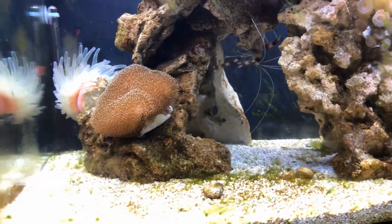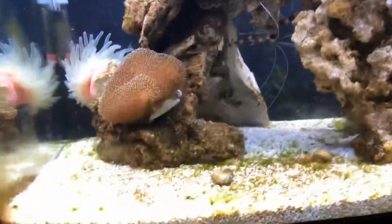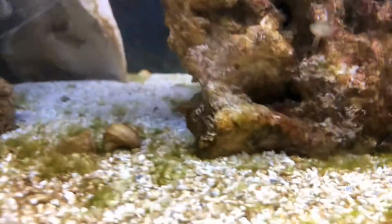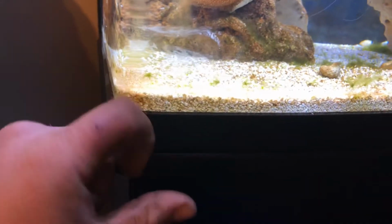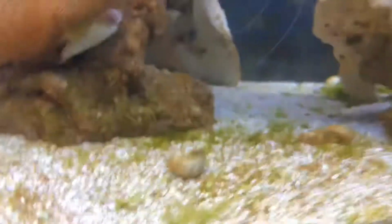My horseshoe crab you're not gonna find. He's buried, I guarantee it. Oh, is that him? No, he is buried. I mean, I have almost 2 inches of sand, because the aquarium glass does go all the way to the bottom right here. So I have at least 1.5 inches. Some areas might have 2, but probably about an inch and a half of sand at least, so he can